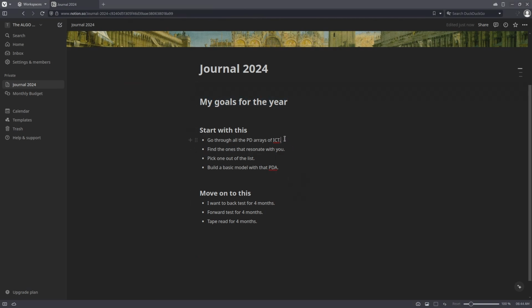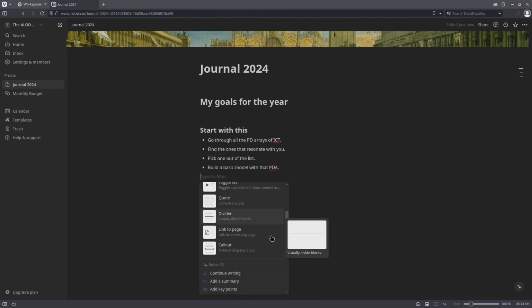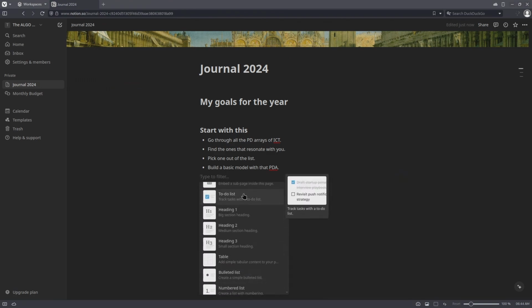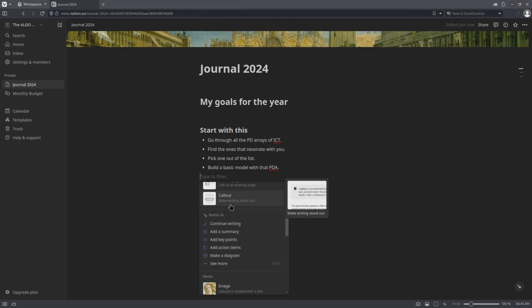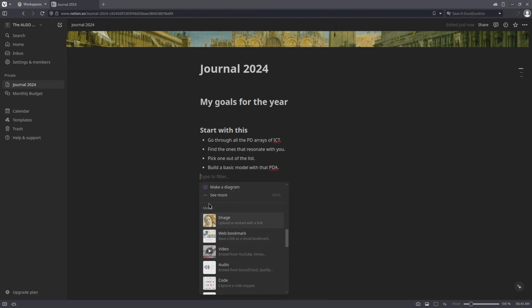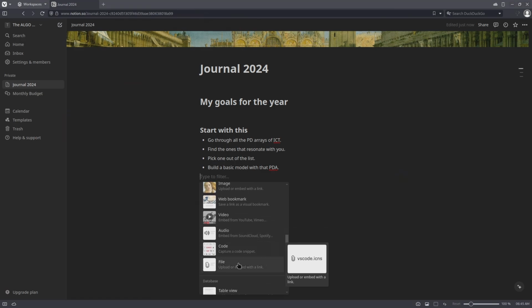And what I usually like to do is once I've finished them, just let me see. What I like to do is I go on a new line. See, as you scroll down, they have a plethora of things that you can make use of. You can use AI features if you fancy that. You can use some of those. They give you diagrams, key points, summaries. You can upload images, web bookmarks, videos, audio, code. You can even upload files,